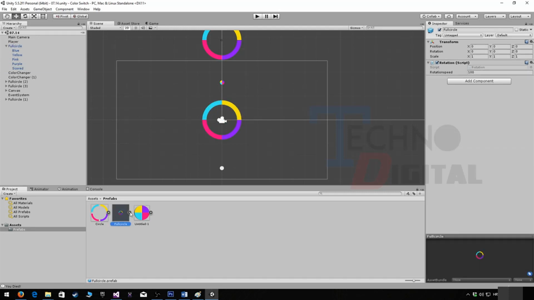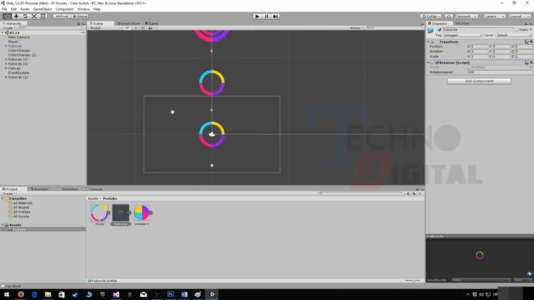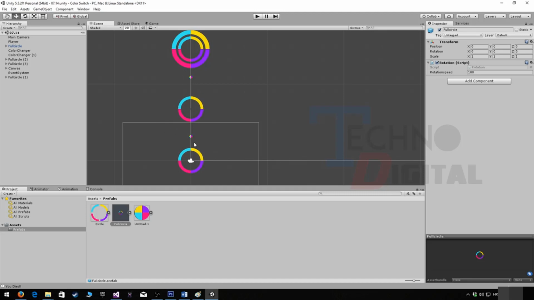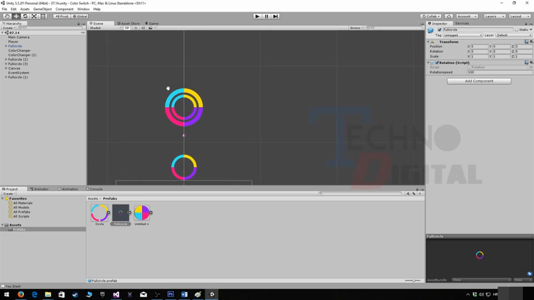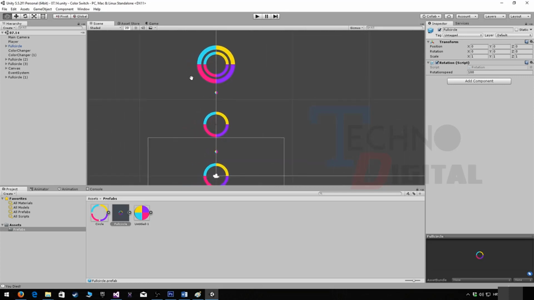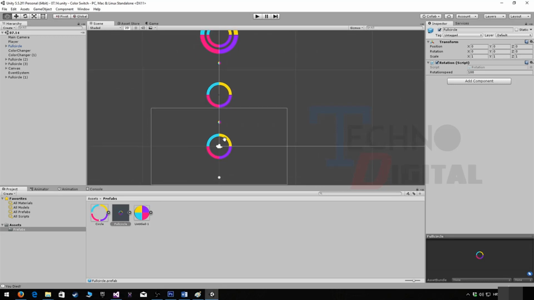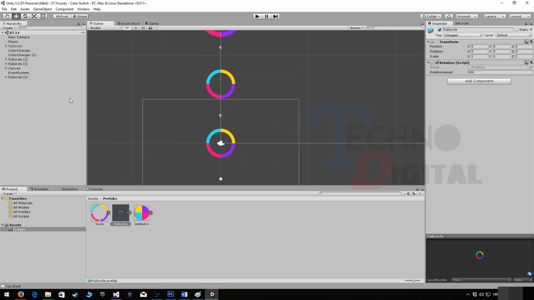This full circle is a prefab. We can see it in our prefabs folder. If we click this drop down here, we can see it has all of these game objects as it had previously. So the way it's set up is we have only 3 obstacles, and if you were to go through all of these obstacles, you would have no more game to play. But we're going to create a script that will randomly generate these obstacles each time we enter this circle. So let's go ahead and